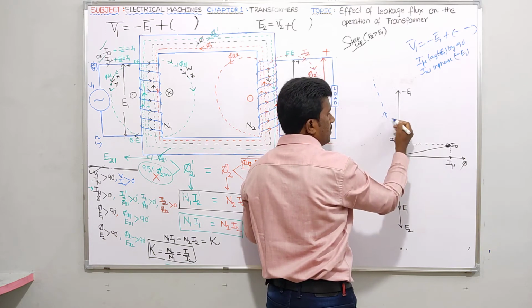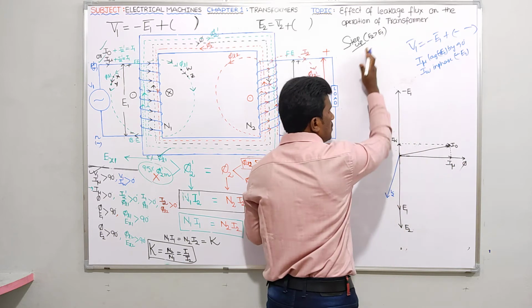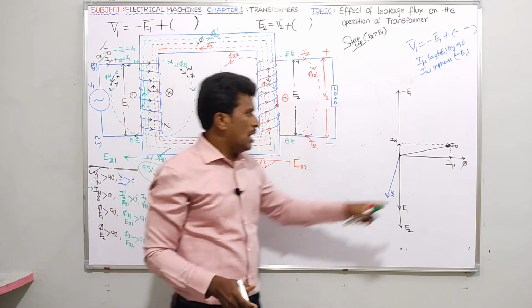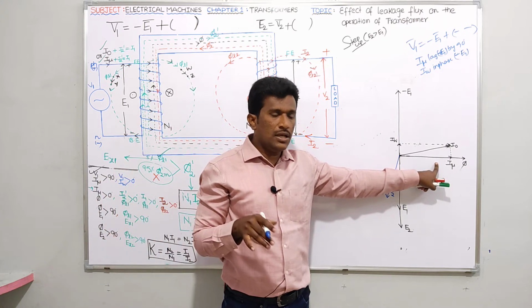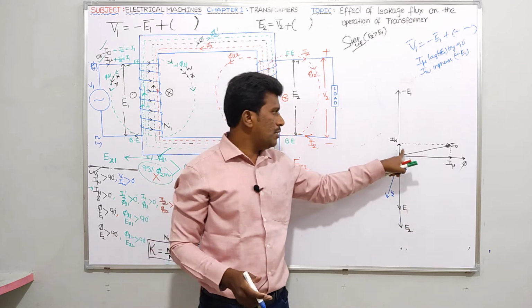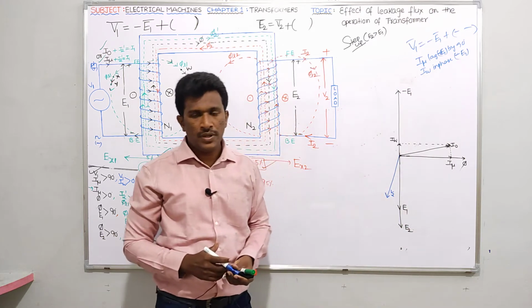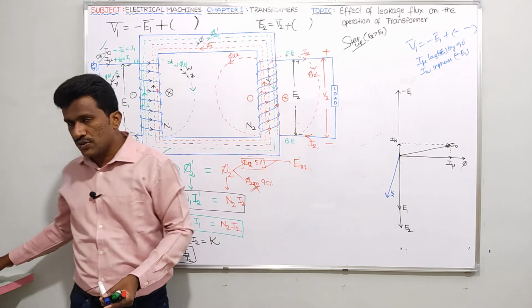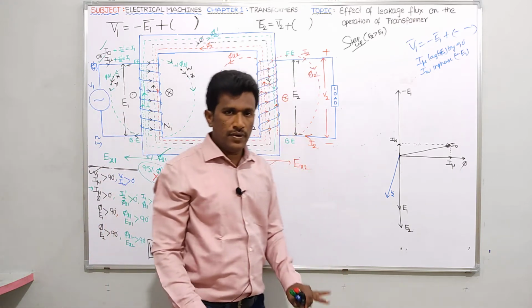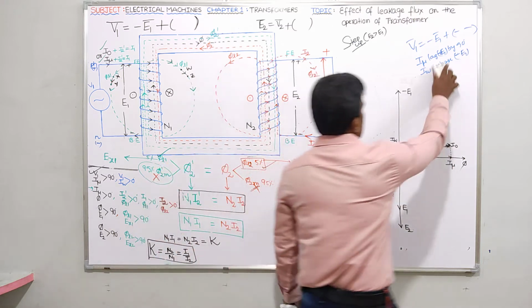IW will be in phase, will be somewhere here, I naught will come here. So the diagram becomes so complicated, no? Therefore, we are assuming that I mu is maintaining a quadrature with the minus C1. That's it. It's only an assumption. And IW is in phase with the minus C1. It's an assumption only. In fact, no doubt, as you said, I mu is in quadrature with the V1 only. IW is in phase with the V1 only. No doubt in that. Okay. Right. It's an assumption only, guys.